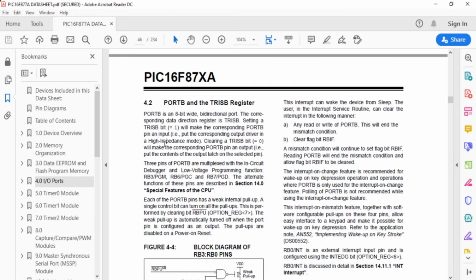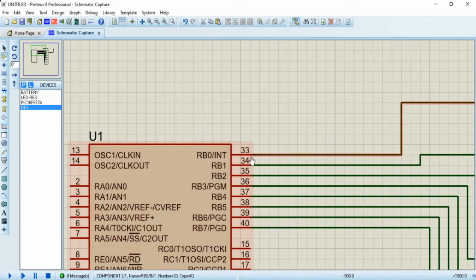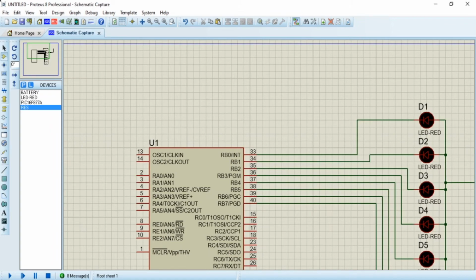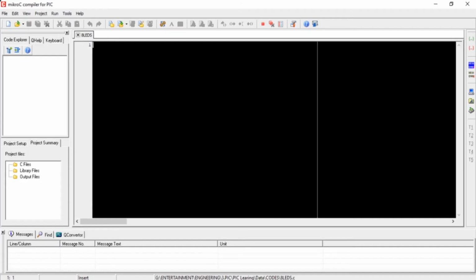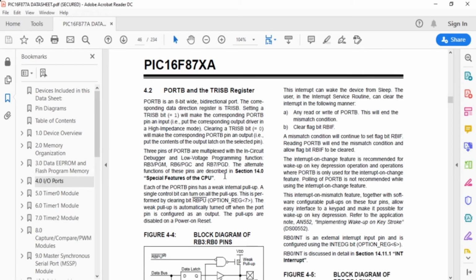So if we want a particular pin of port B, say RB0, as an input, we just provide the data 1 on that pin.